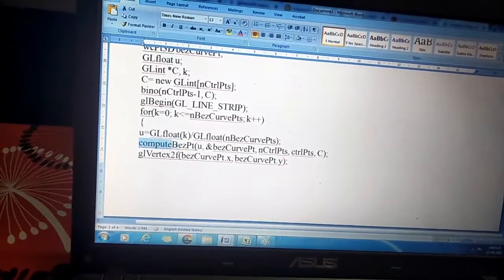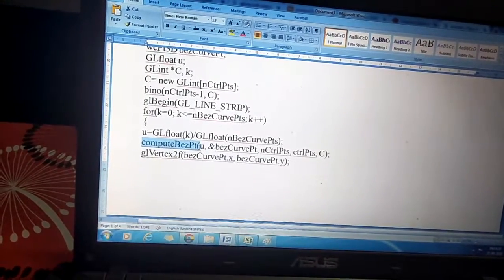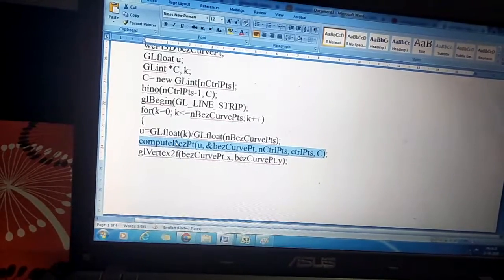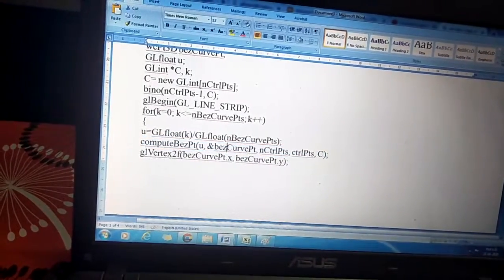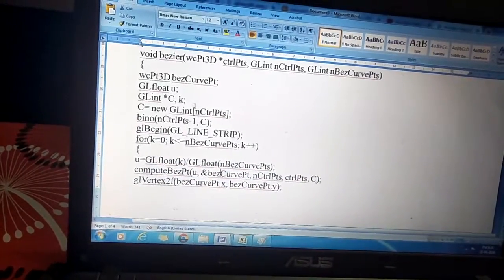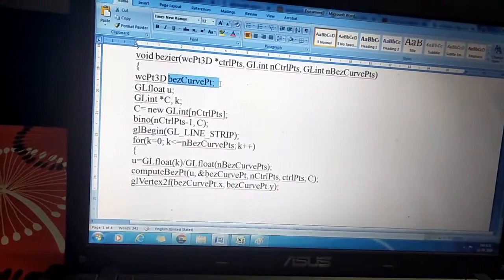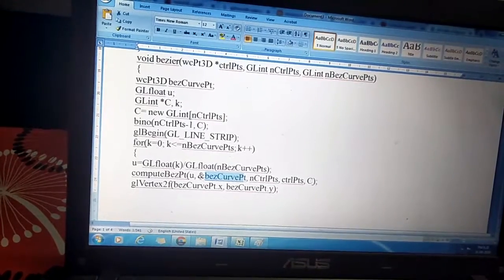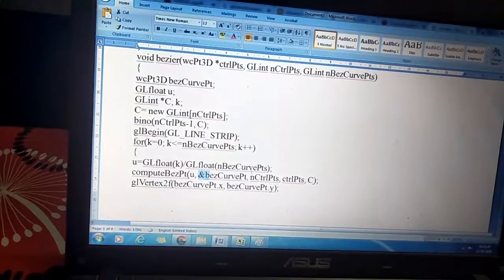Next, I am computing the Bezier point. What I am passing here is the u value that has just been calculated, and we have taken one empty structure variable that is also passed. I am passing the address, so it has to be collected as a reference there.